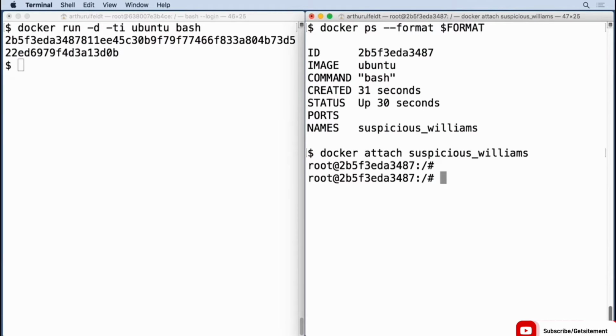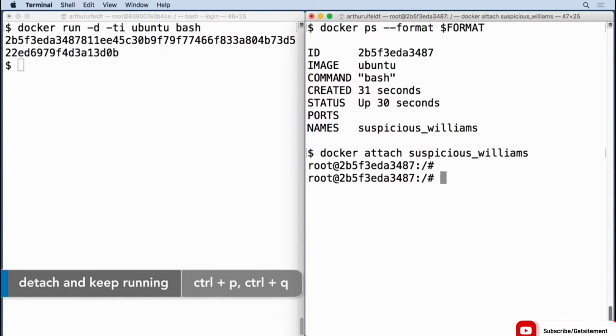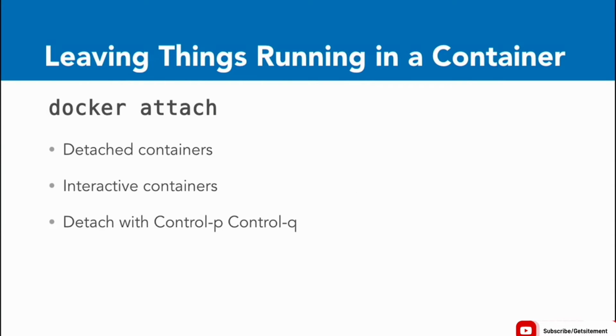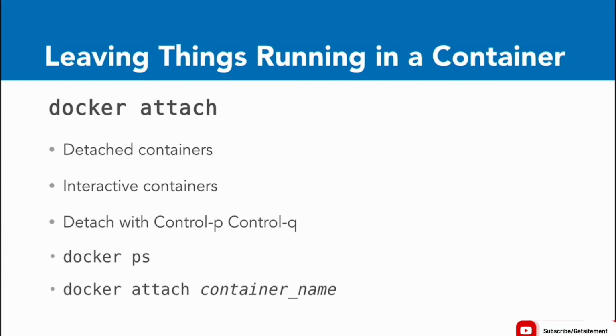Now from this terminal over here I am going to run docker attach and copy Suspicious William. There I go. Now I have jumped into that container that I started over there. Then there is a special key sequence you can type. If you hit Ctrl P and Ctrl Q, it exits you out of the container by detaching you from it and leaves it running, so that we can attach back again and pick up where you left off. And again, you can find your container with docker ps and you can attach back to them with container attach